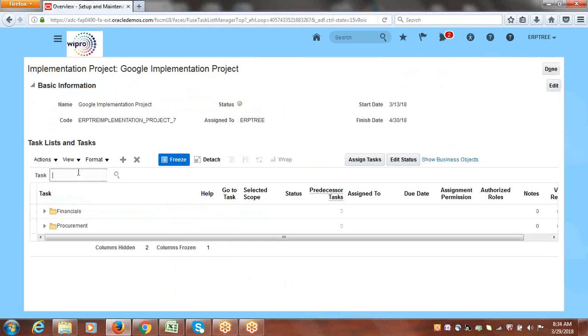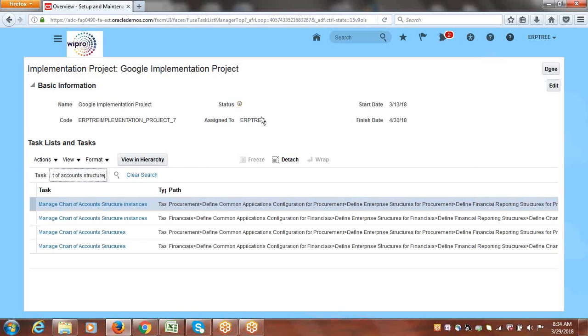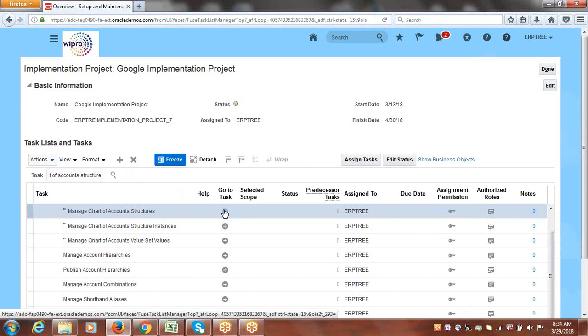Go to our project, search for chart of accounts instance or chart of account structure. You can just go to chart of account. It should be chart structure instance. Any task will help us to go to that instance definition. You can use this task or this task, any task. Manage chart of account structures. Click on go to task icon,